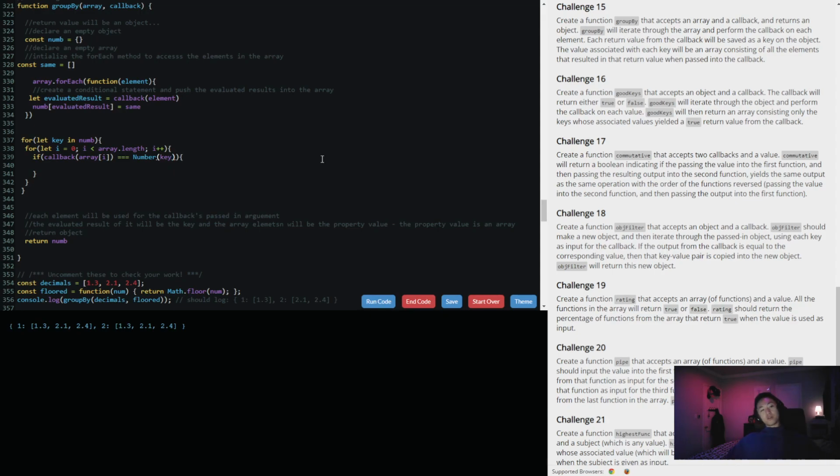So if the evaluated result of the element is equal to number I, then what? Num key will equal to